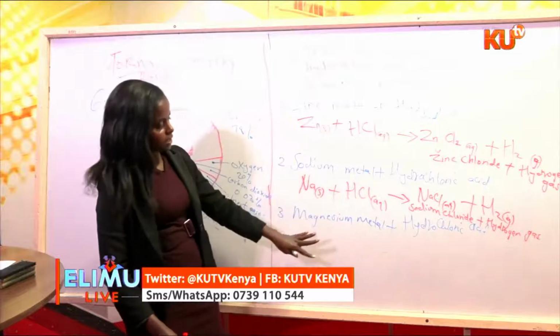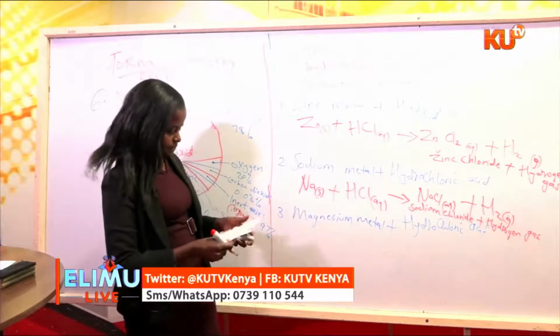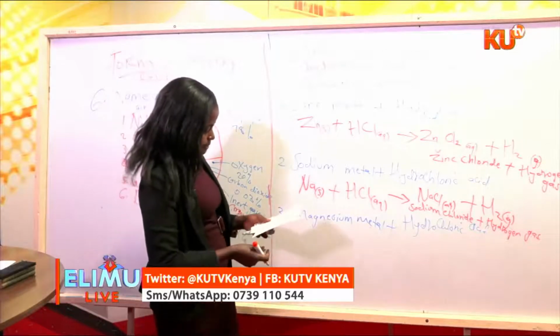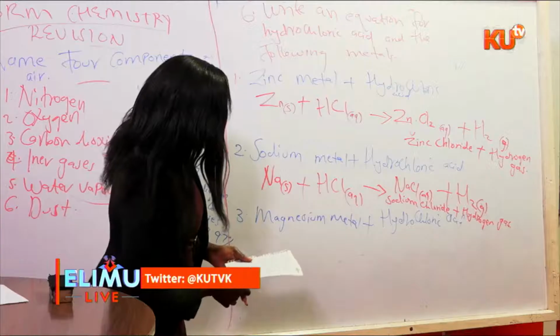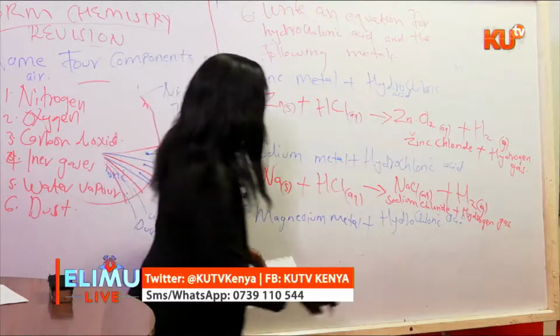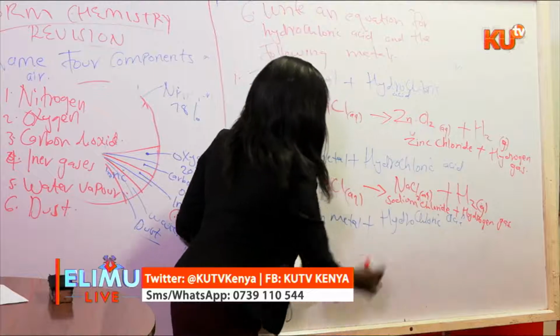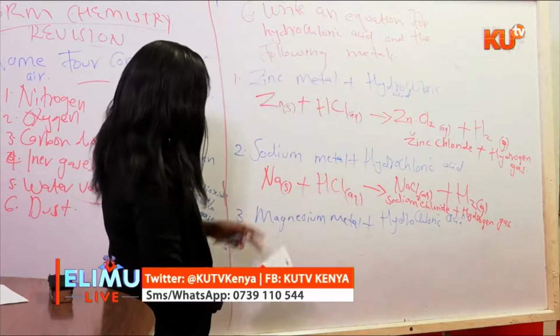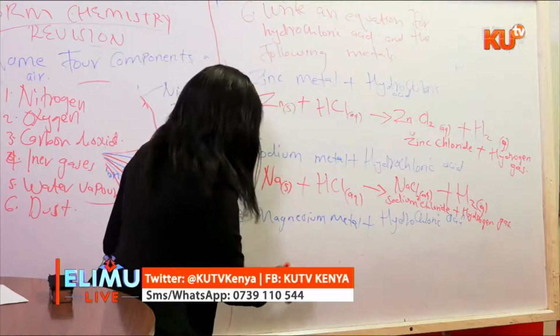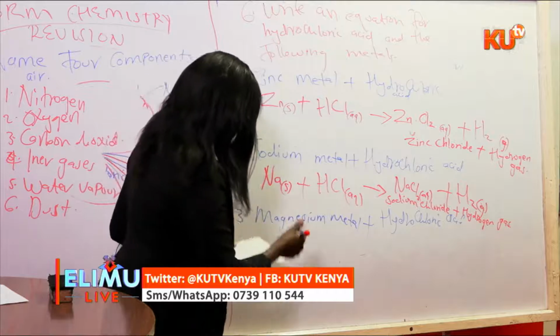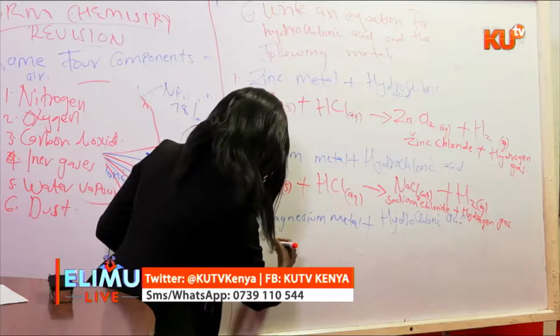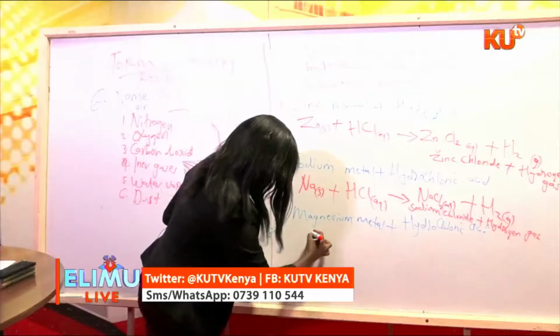So the same thing is going to apply in magnesium, only that actually there is no difference in naming. So the same thing is going to happen here. So the chemical formula for magnesium is